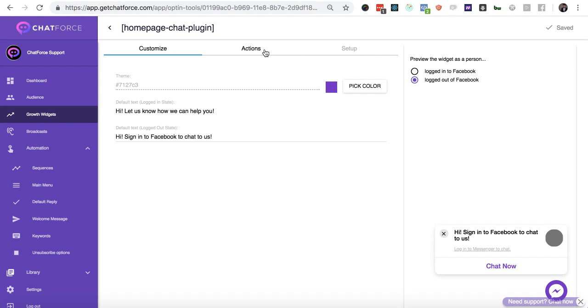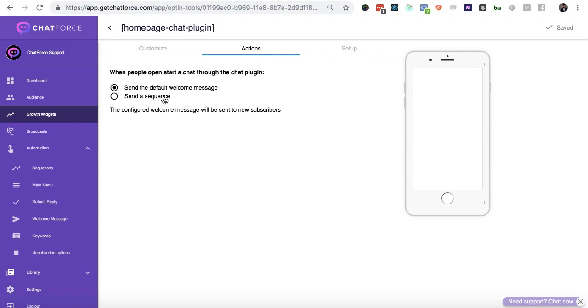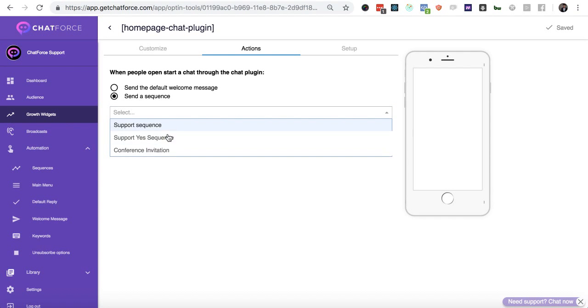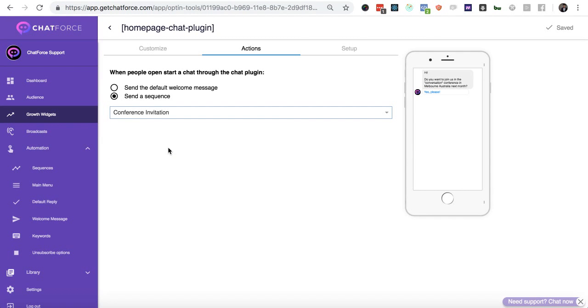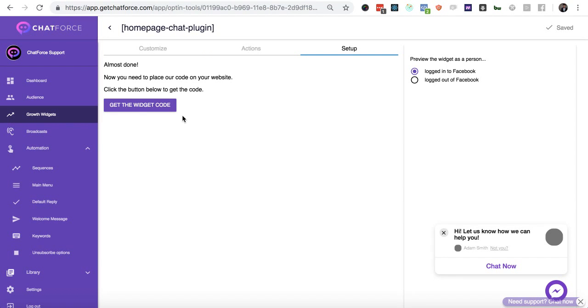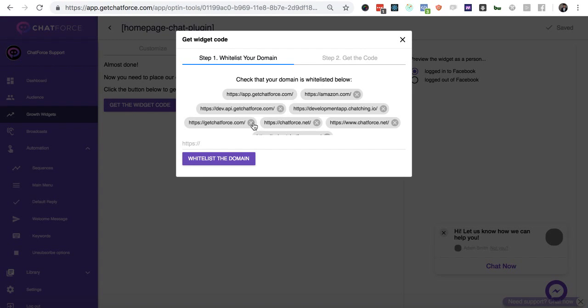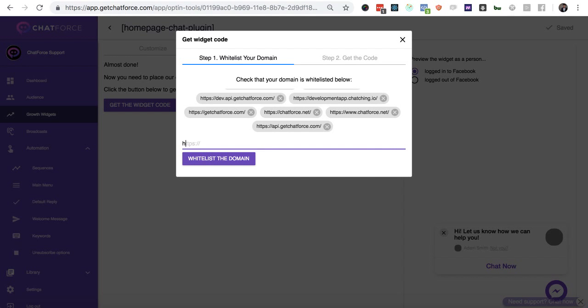Now, this second tab is where you actually configure the sequence that people will receive when they interact with your chat widget. So I'm going to select the conference sequence. And the last thing for you to do is go to the third tab and click on Get the Widget Code. Make sure your website is whitelisted here. We're just checking every single domain that's in here. And if it's not, then you just have to enter it